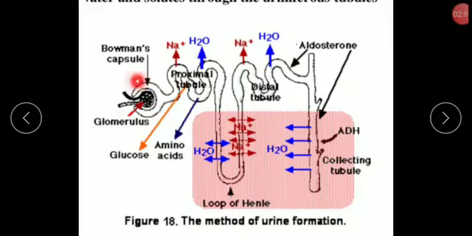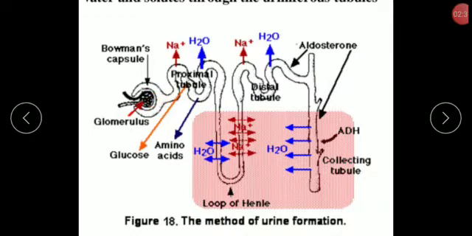This is due to the coiled nature of these capillaries, giving a greater surface area meant for filtration, while the pores permit the passage of smaller molecules and prevent the larger molecules like blood cells and proteins, which remain unfiltered. Hence we can say such a structure is called a mechanical filter.